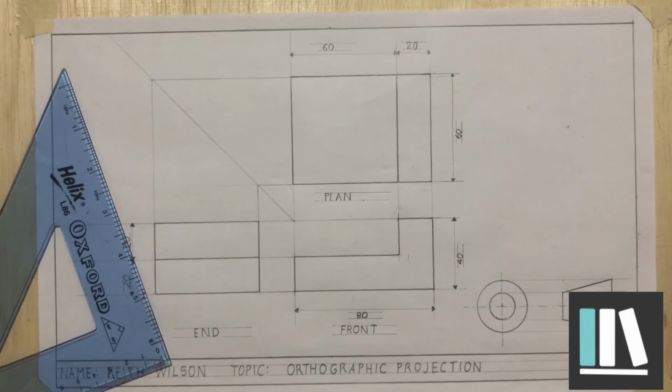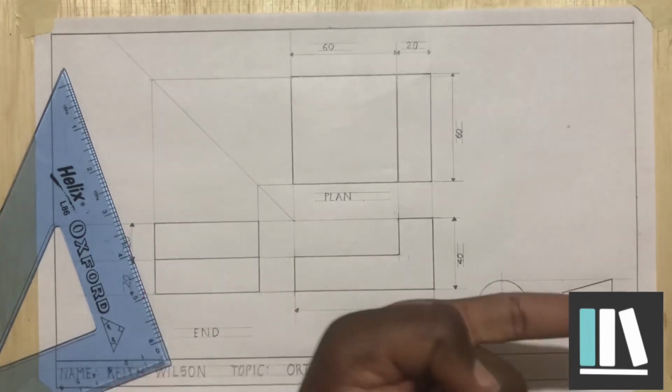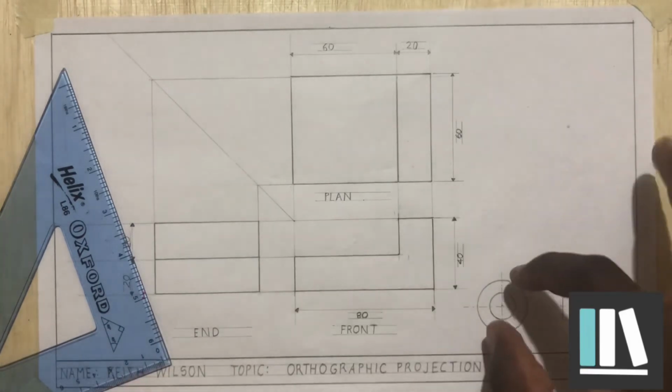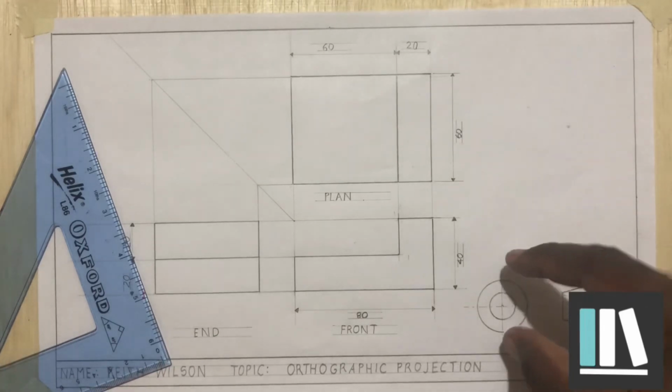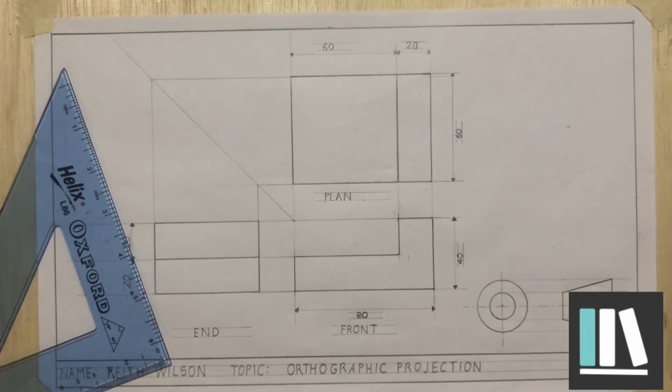Now let me explain this symbol. This is the front view of the symbol. It's a cone where a portion of the cone has been cut off. And this is the side view. So if you notice, you're looking from the left and you're seeing the left view here. Right? So this is the